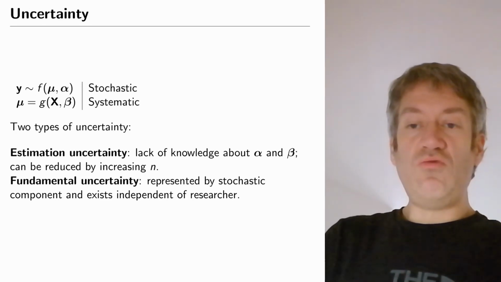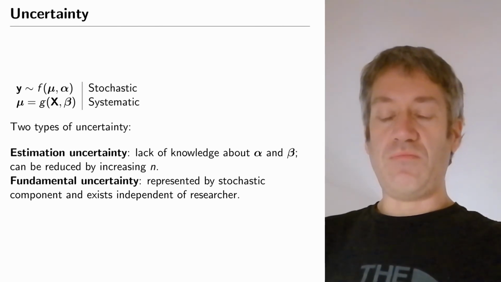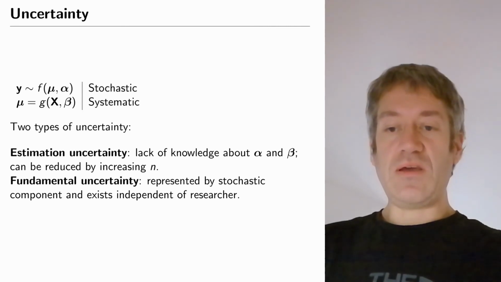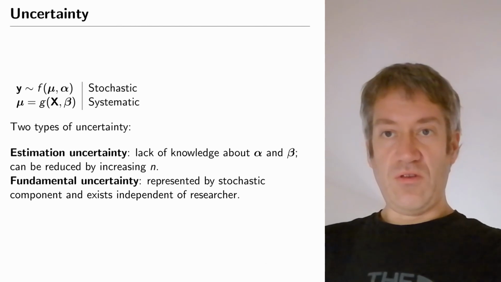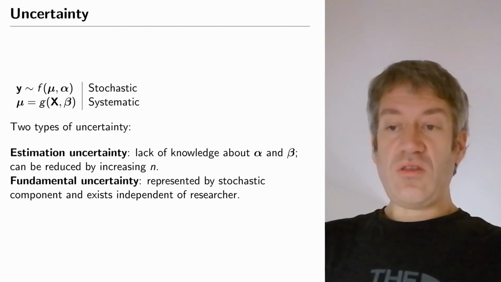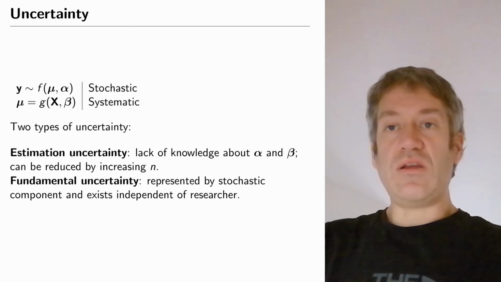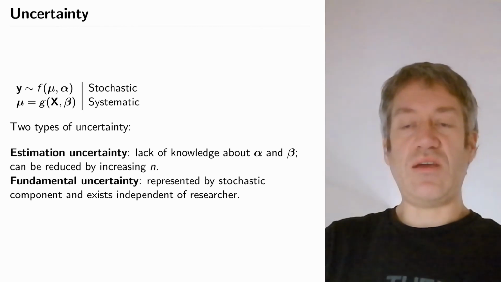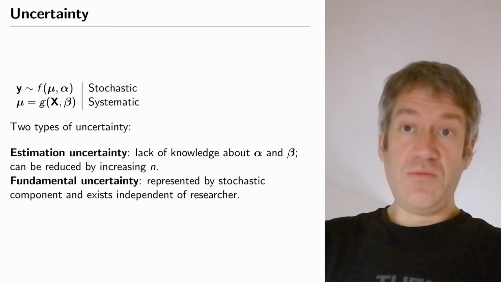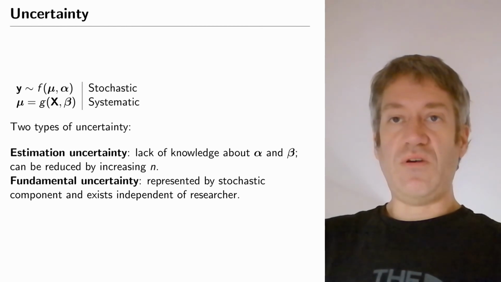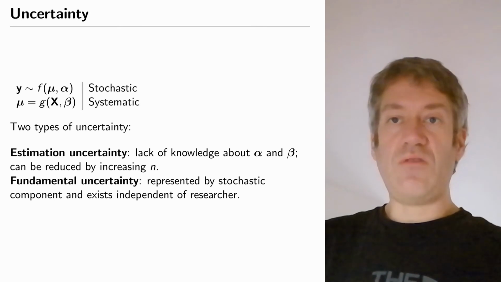And this also leads to two kinds of uncertainty when we make estimates, and this is probably a very important slide here to keep really in mind. We have two types of uncertainty related to these two types of stochasticity. The first is that we do not know these model parameters. We do not know alpha or beta, or in the linear model we don't know sigma squared and beta. And so we need to estimate those. And because these are estimates, we are uncertain about these findings. So we will find a particular value for beta, that is our estimate, and a particular value for sigma squared,